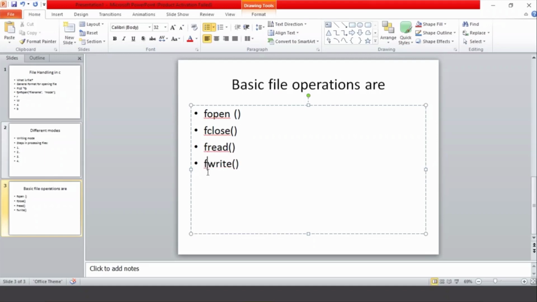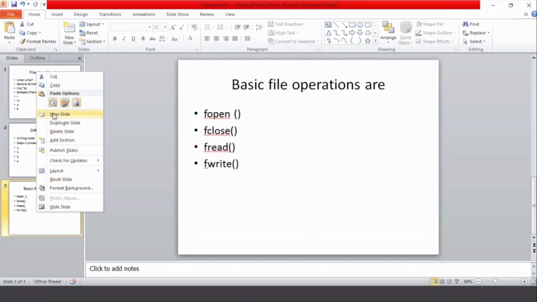Fwrite is used to write to a file. Then fseek, so we can move the file pointer to somewhere in a file. Then ftell, fgets. Then next we'll see